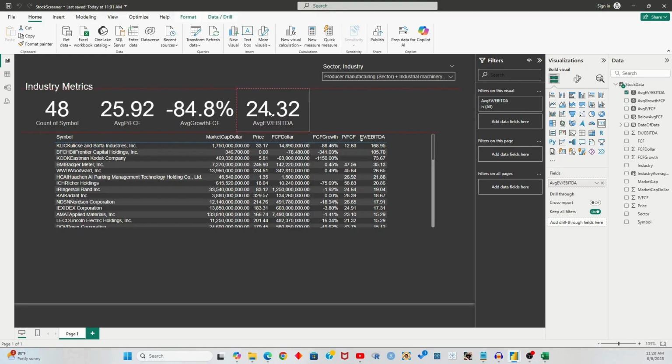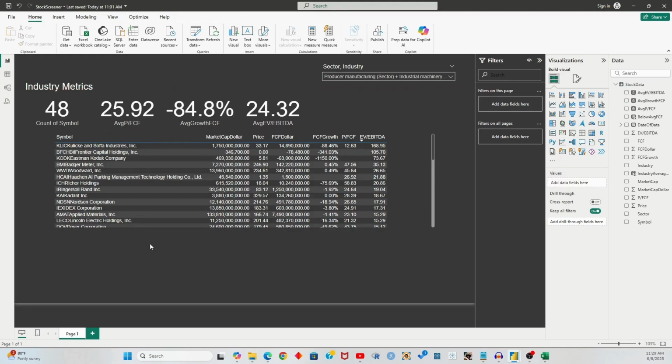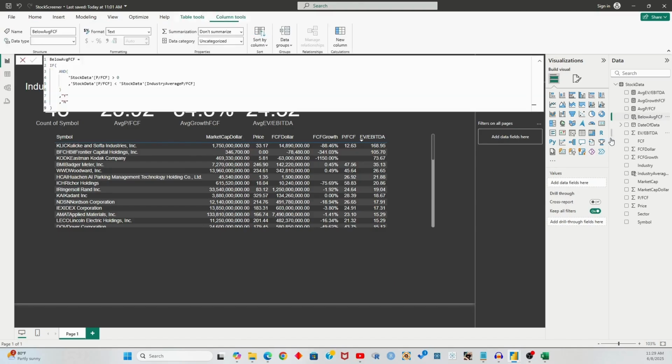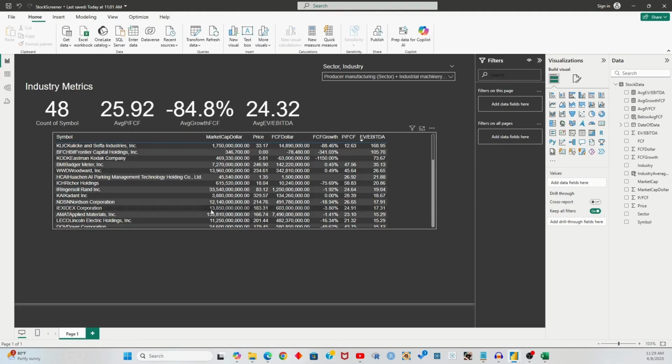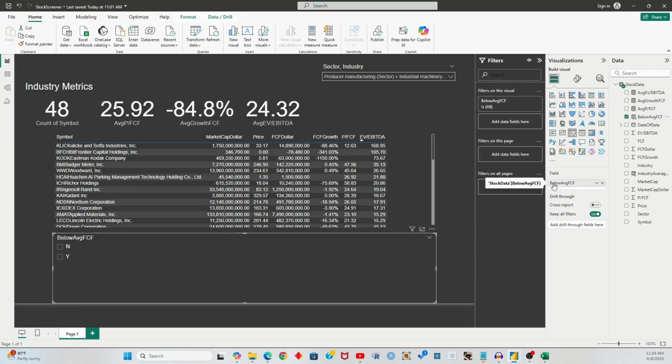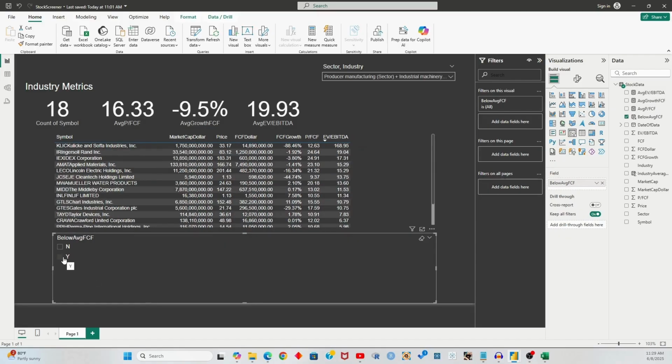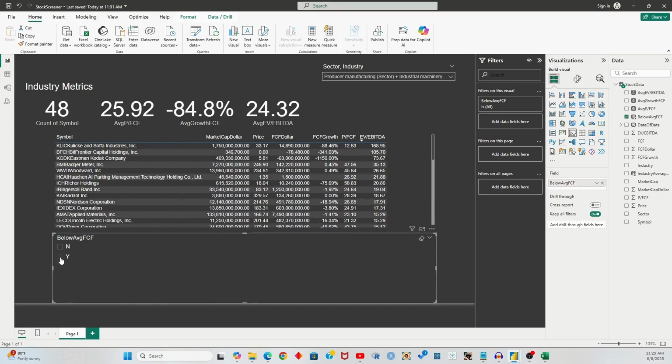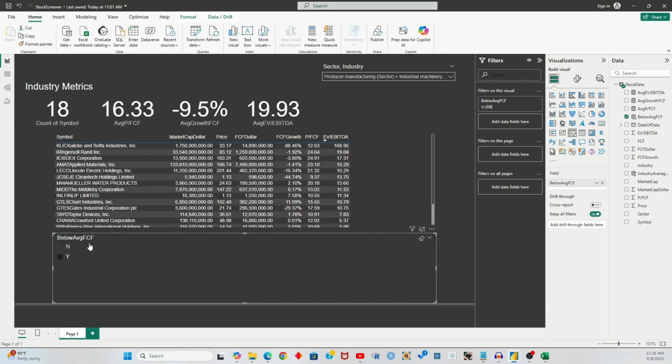So now we can go back to the filter that we were working on. Below average free cash flow. We already wrote that. So let's create a slicer and use below average free cash flow. And if I select yes, notice how we filtered out 30 stocks. We used to have 48 stocks in this list. If I say, hey, only return below average free cash flow,